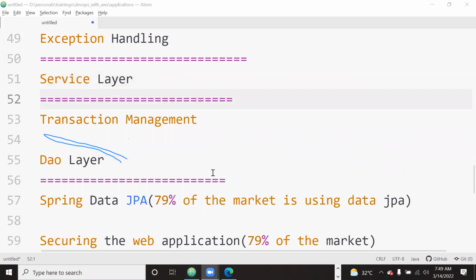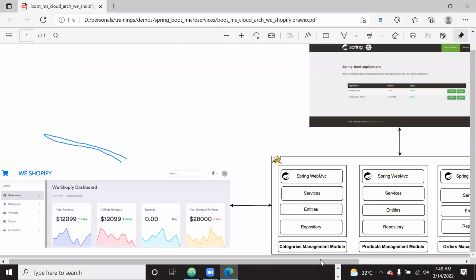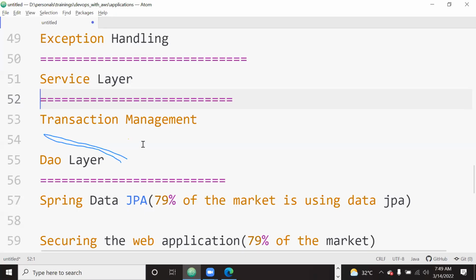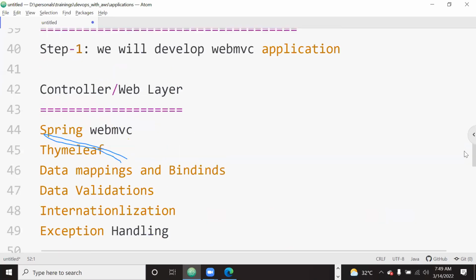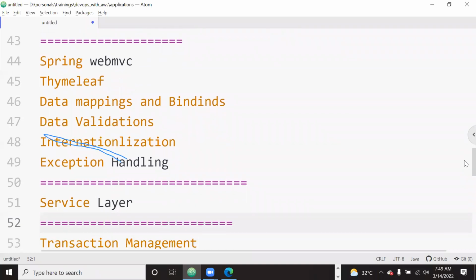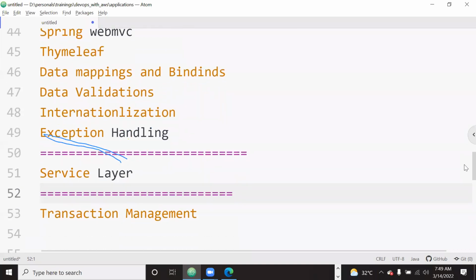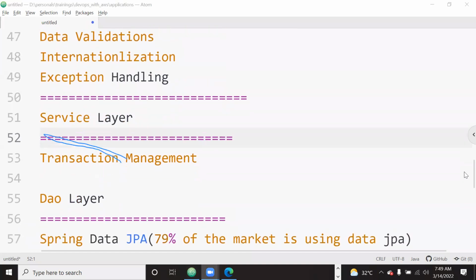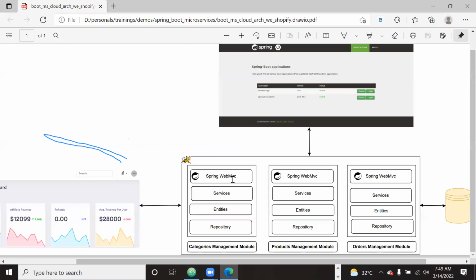If you can see here, on completion of this entire application, what you will learn is Spring Web MVC, Thymeleaf, data mappings and data bindings, data validations, internationalization, and exception handling, and in the service layer,